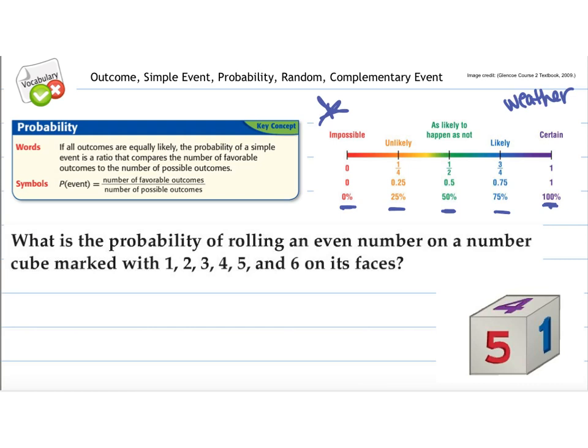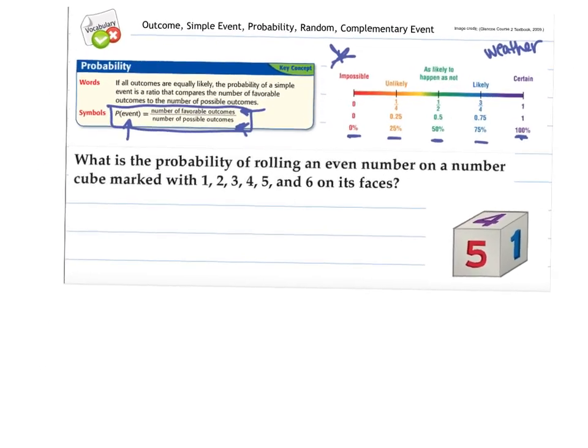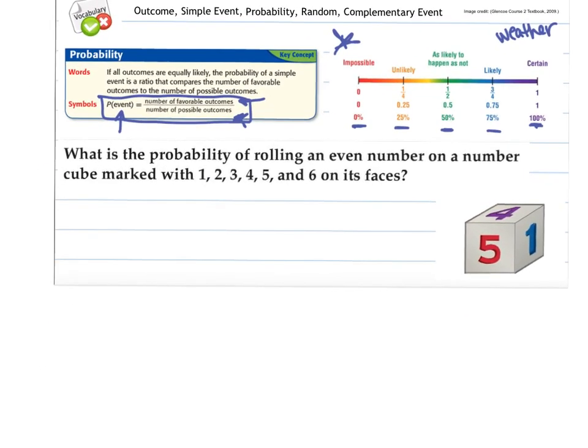So probability, this is super important that you have this little formula here. Probability of whatever given event that you want to happen is the number of favorable times it could happen over the number of possible. So we're going to talk about this, and it's going to make a lot more sense when we give you a situation, but that formula is what we're going to use all of the time. So we're looking at the likelihood that something will happen.